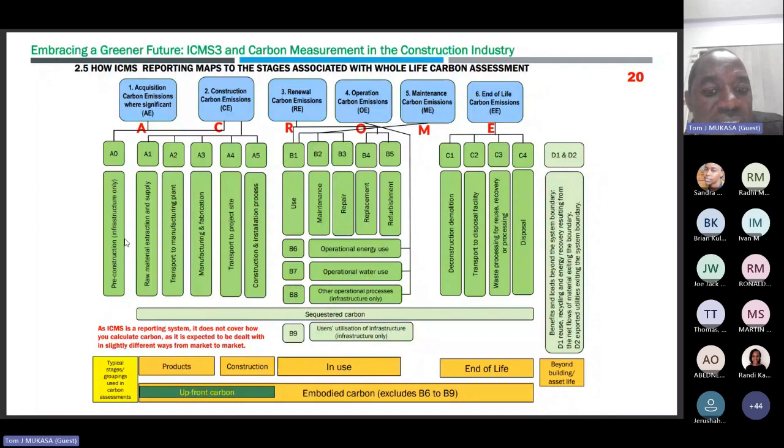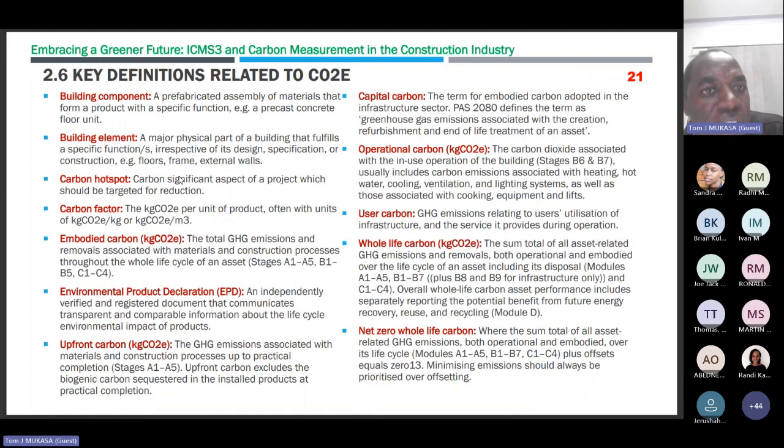So these are the stages that you've been hearing about, starting with A's, going to the B's and the C's and to the D's. Okay, so we all know that the early embodied carbon is normally under A, but operational and maintenance come under B, then end of life is in C, and then recycling and circular economy come under D. I don't have to say this. Joe helped me and explained this. So just have to pick interest.